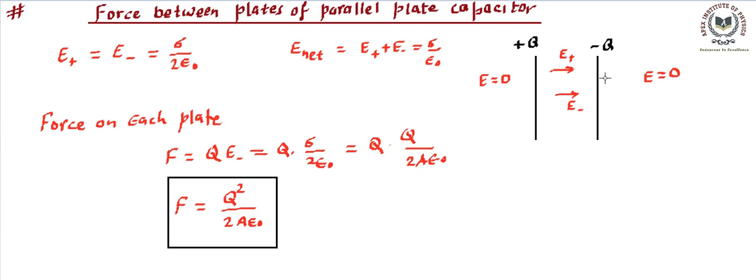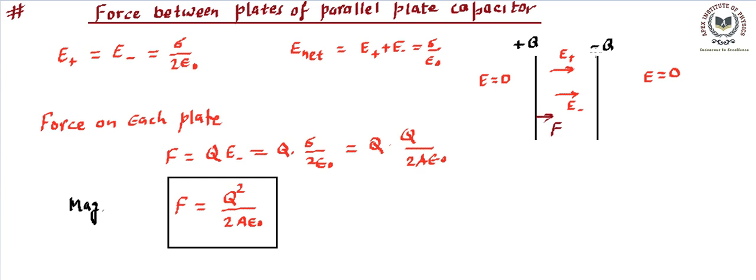Since we know there's going to be an equal and opposite reaction, on the other plate there will be the same amount of force acting. That's the magnitude. Once we know the magnitude of force, we can also find the direction. This is indicating magnitude, and the direction we can see in the picture. Now this minus E field is in the direction towards the right, and we know this charge is plus, so the force on the positive plate is going to be in the direction of the field. That means this will be acting in this direction.